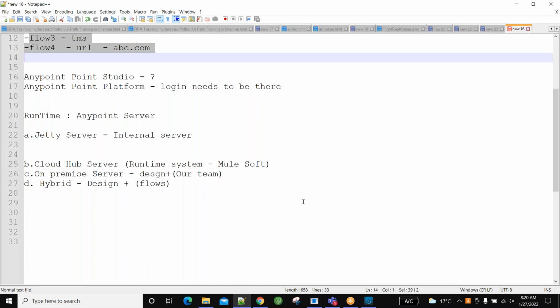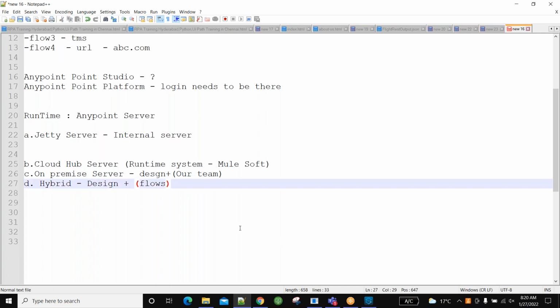So how are you managing those flows? That type of questions will come. Because their IP address is different and our server's IP addresses are different, we have to whitelist our IP addresses on their server. Then only the interaction will happen. Your answer should be this. Then only people feel you have really worked. Are you guys clear?